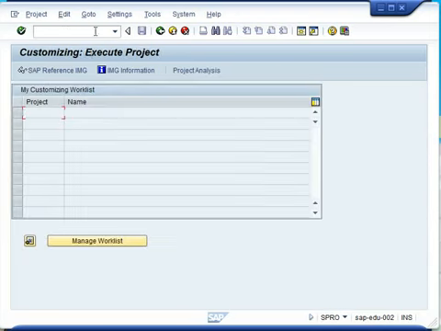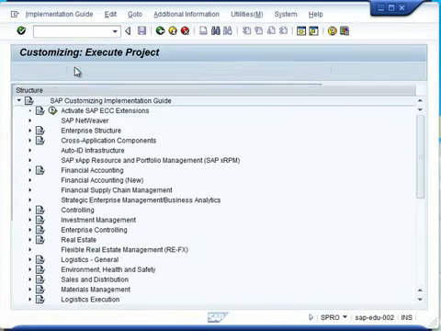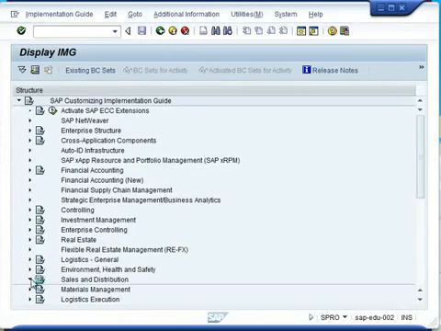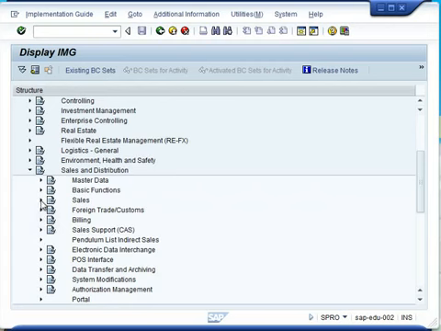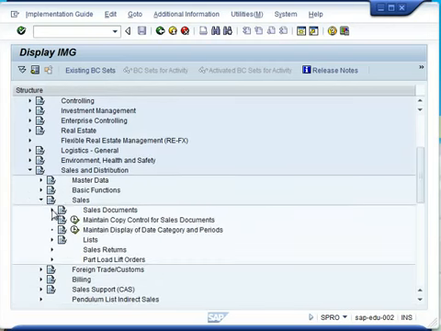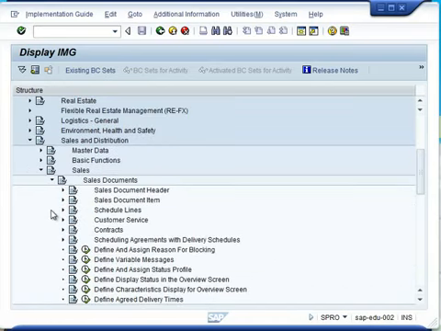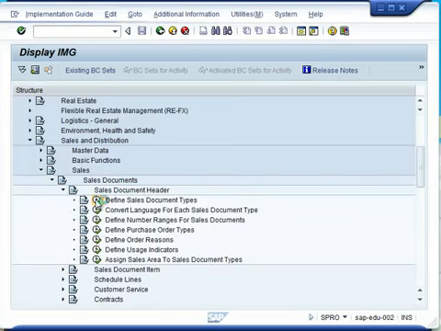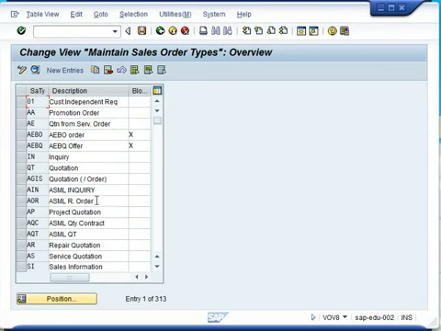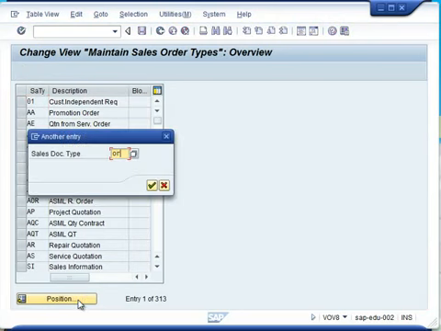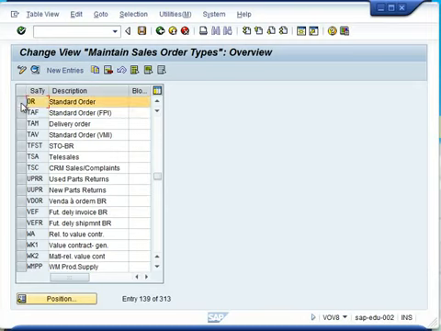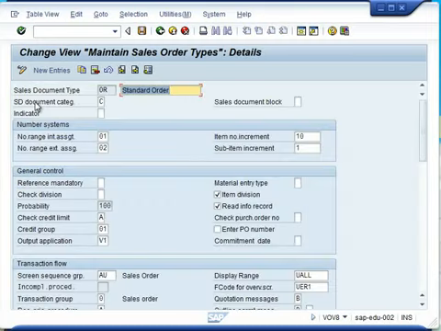Now, we will move toward the configuration to show you where exactly the sales document types are created. Go in the SPRO, go in the sales and distribution, and then click on the sales document. Open up the node for sales document header. Click on the sales document type, and you will notice that all the different sales document types are available, be it an inquiry, a quotation, or a sales order. Here we have selected a standard sales order type,